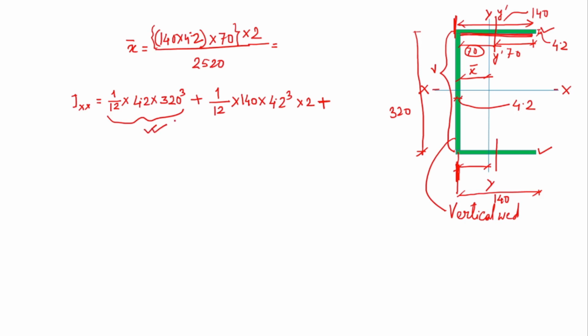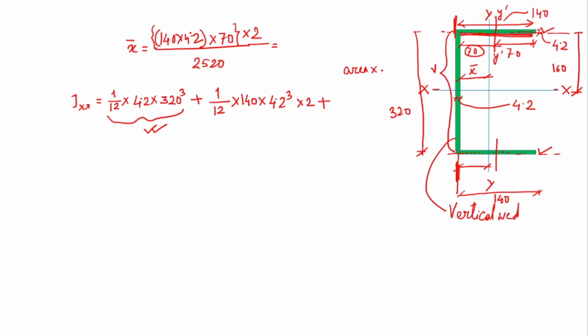But in case of the horizontal part of the weld, its own x-axis is this one for bottom and this one for the top, and they are at some particular distance from the overall x-axis, this distance is 160. So that's why according to parallel axis theorem, we have to add some part, that is area